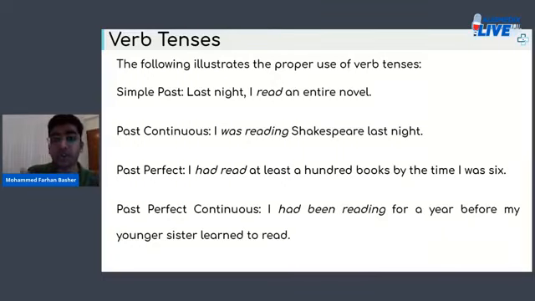He had been consulting with Dr. X. And then after maybe he was finished consulting Dr. X, or when he was consulting Dr. X, someone else advised him to consult Dr. Y and to not consult any longer with Dr. X. So you say the patient had been consulting Dr. X before he was asked to consult Dr. Y. Okay? These may appear a bit confusing, but if you practice enough, of course, all these tense forms will